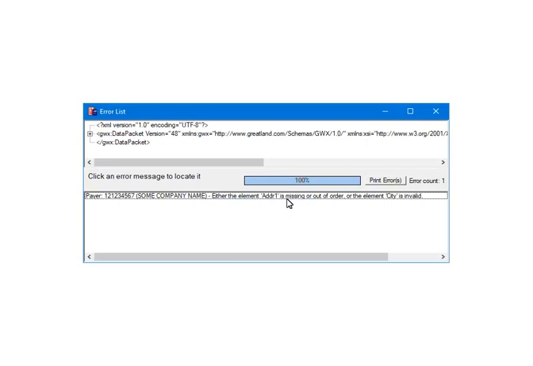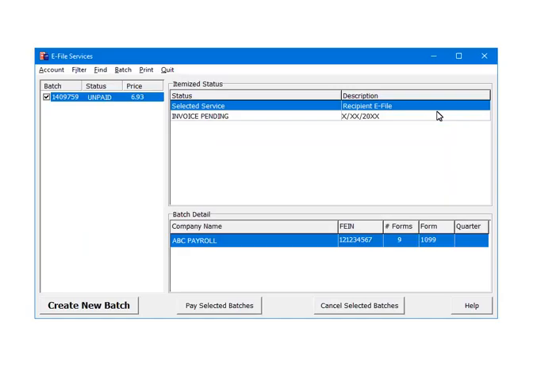This is the error screen. The errors will be listed at the bottom. In this example, the payer address is missing the city. You will need to quit the e-filer at this time, and go into the W-2 and 1099 forms filer and enter the city on the 1099 form. Then restart the e-filing process again. Close the error screen. When there are no errors, the forms will be assigned a batch ID, in this case,